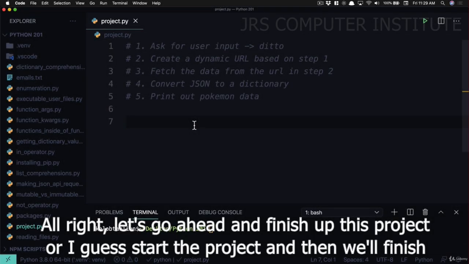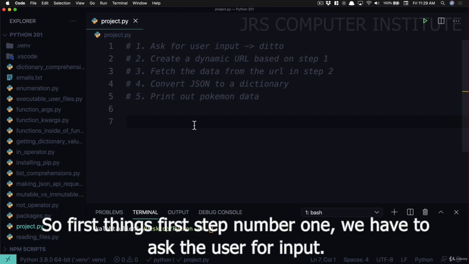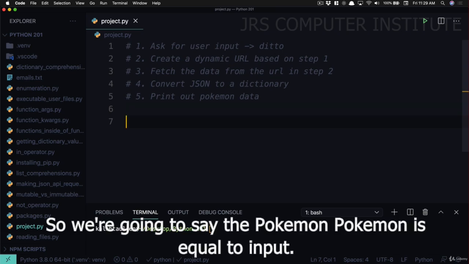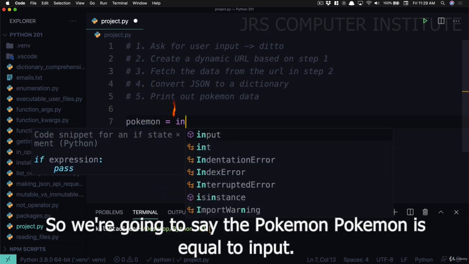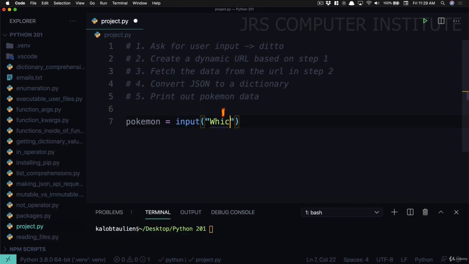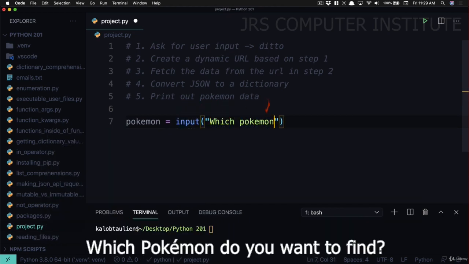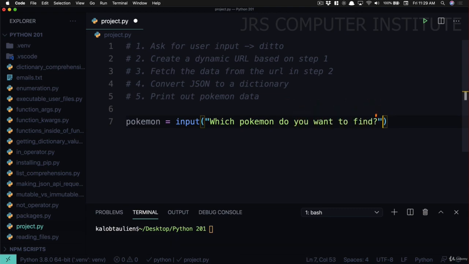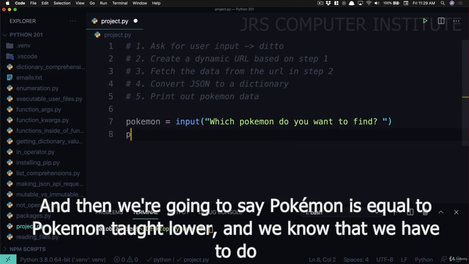All right, let's go ahead and finish up this project, or I guess start the project and then we'll finish it up. So first things first, step number 1, we have to ask the user for input. So we're going to say the Pokemon is equal to input, "Which Pokemon do you want to find?" And then we're going to say Pokemon is equal to